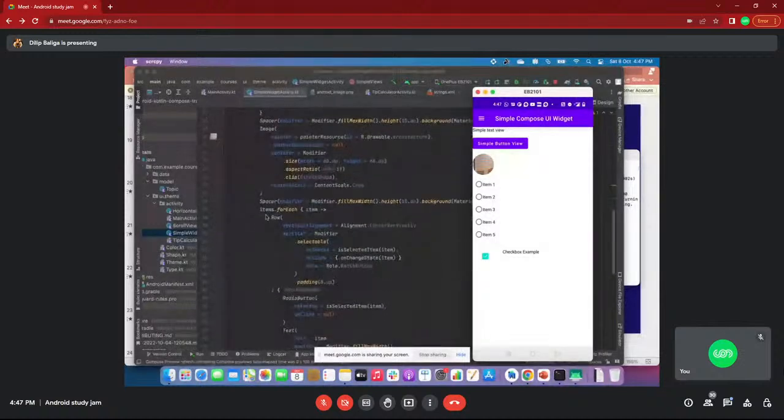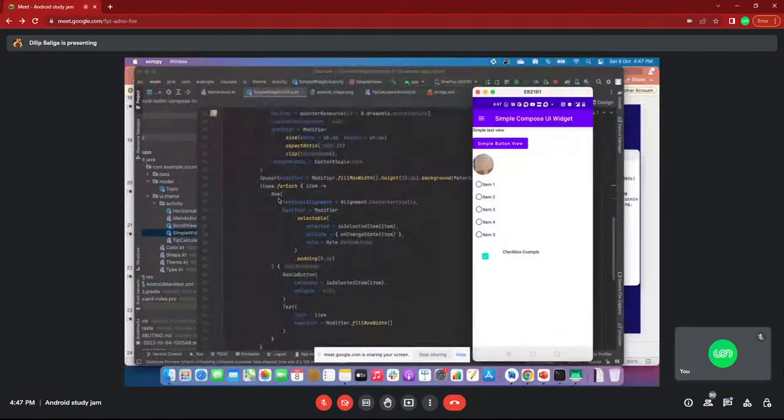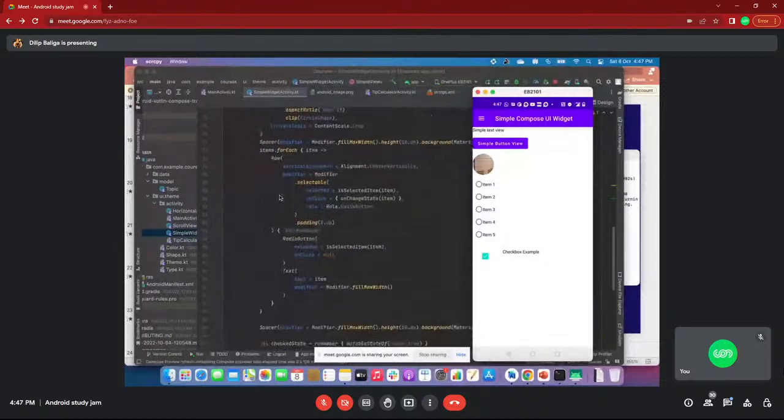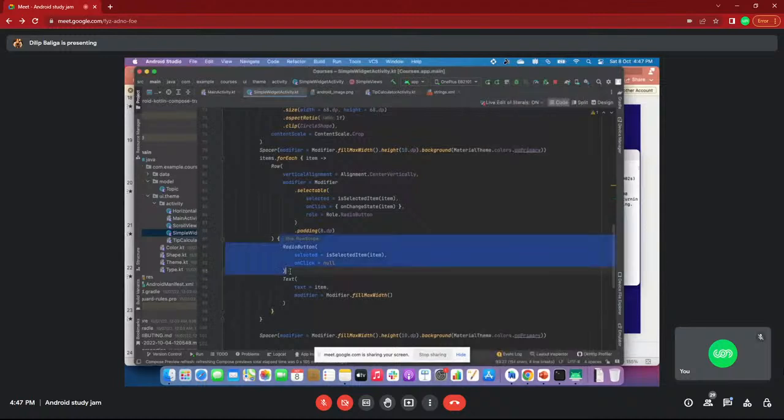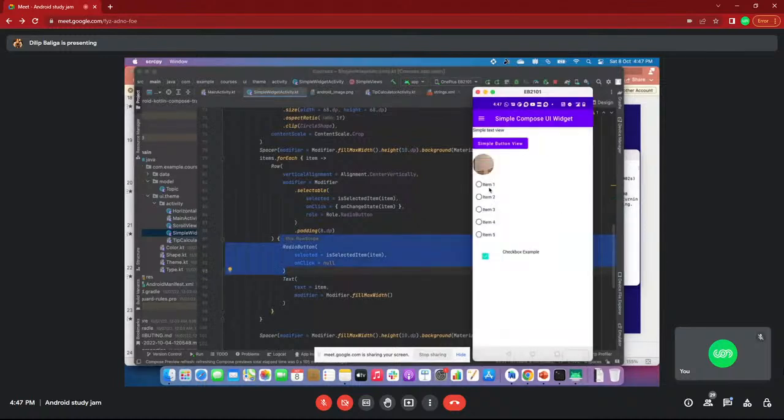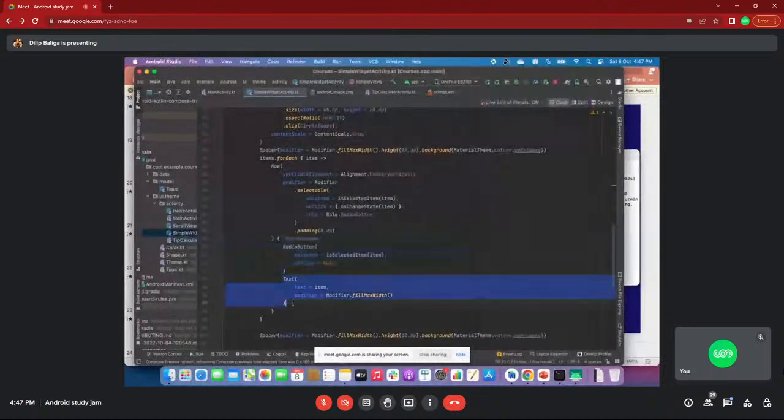Again I created a Row. Inside the Row I created a radio button and text. I already mentioned Row means horizontal alignment. The round circle you are seeing is the radio button, this code. Next, the text you are seeing is the text view.